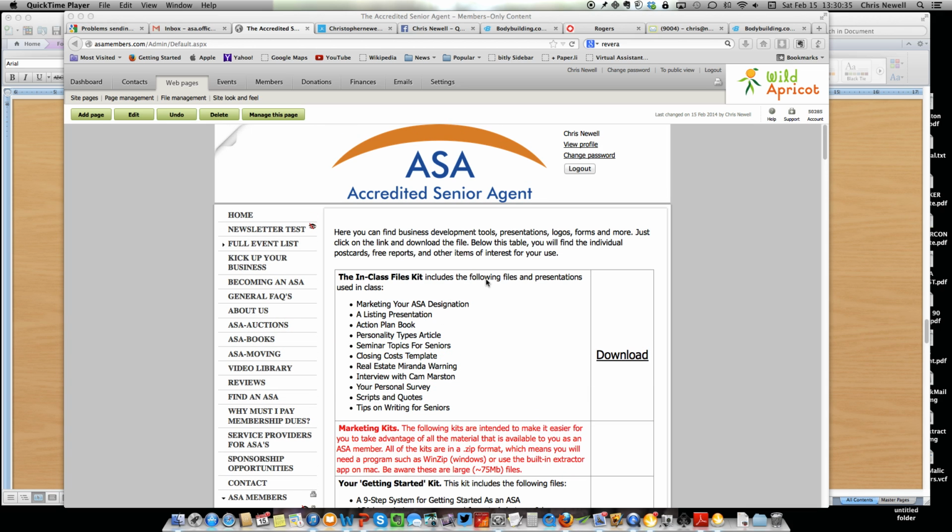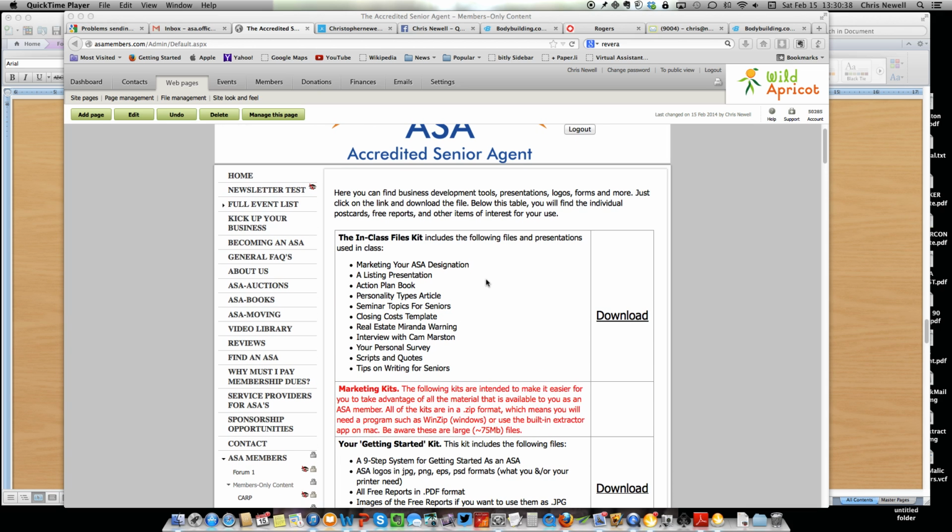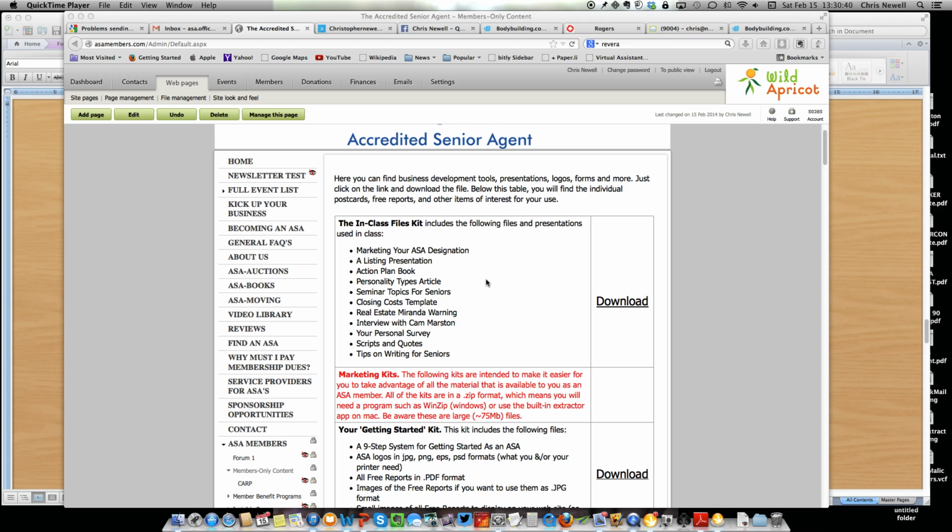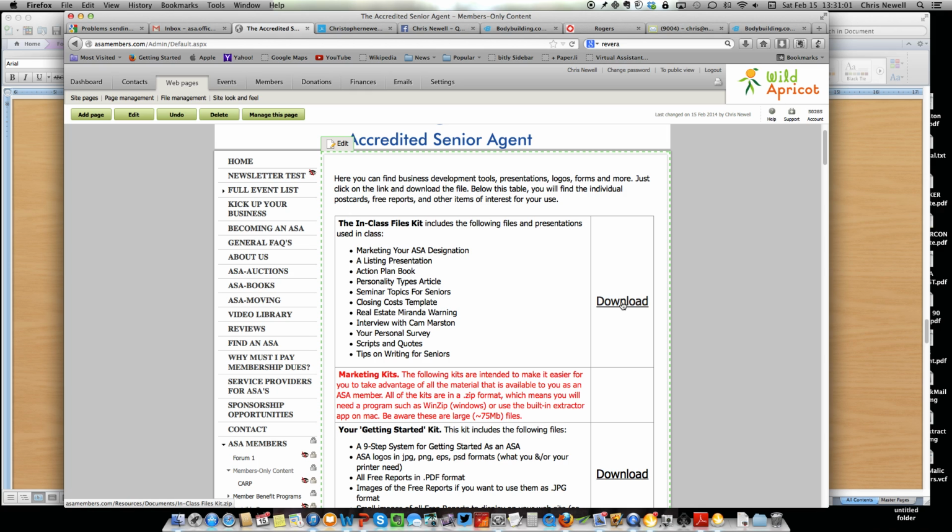So you've landed on the page, and we redesigned the page and laid pretty much everything out in a table format so that it's easier for you to follow along with. And as we're looking at this now, for example, the in-class files kit, here there's a list of everything that's included in this particular download kit, and to use it you would simply click on download,